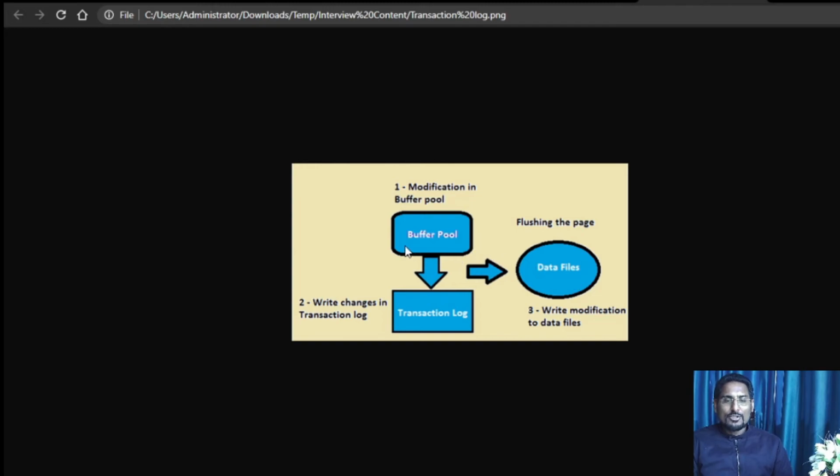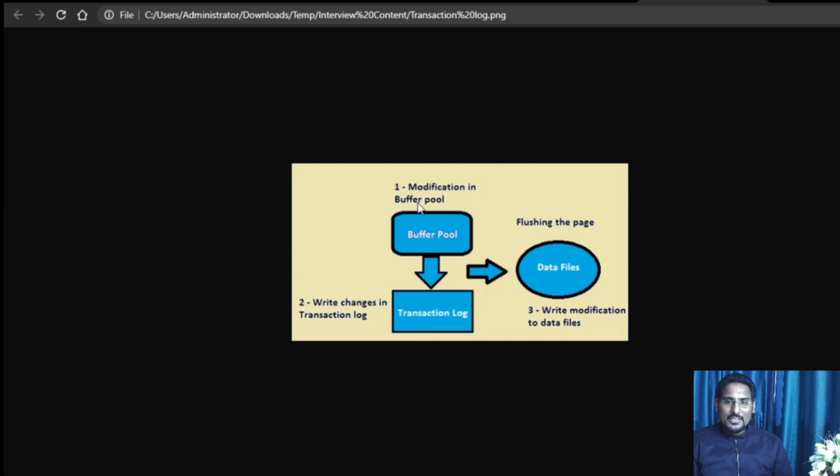But in case the transaction was still active and not completed, SQL Server is going to find that information from the transaction log. In that case, as soon as the server comes up, the transaction is going to roll back. This means the transaction will be undone by SQL Server, and you have to run that transaction again. That is how the rollback and roll forward takes place with the help of transaction logs.